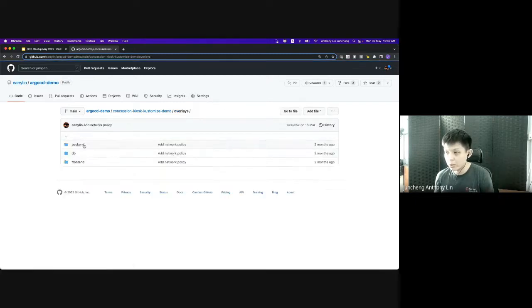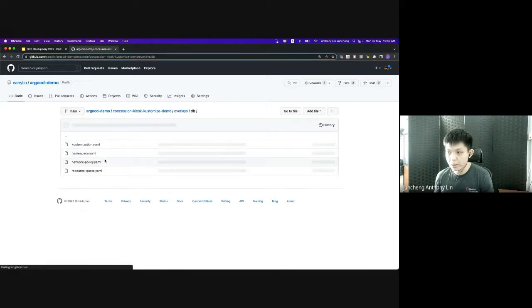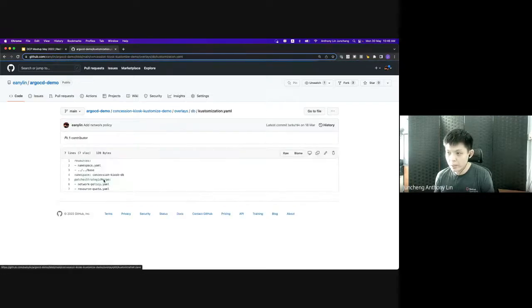And after which, of course, you can have things like your database. The kustomization, of course, points back to the base that we saw. The new file that comes in over here is just a namespace YAML, whereby we define the creation of the namespace before we even set up all these things that we are looking at. And